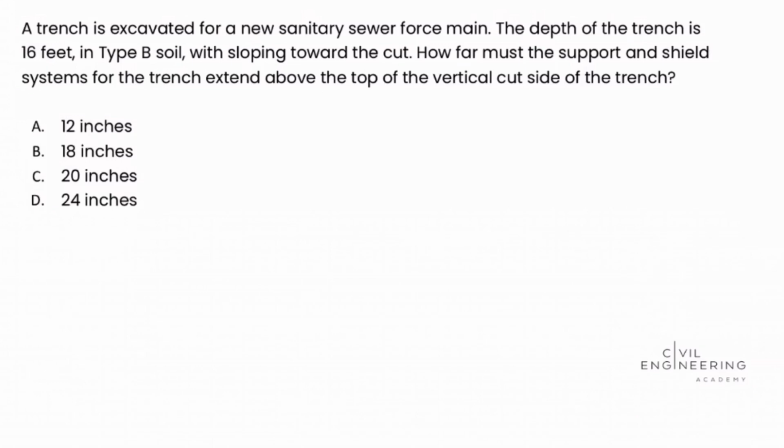This is Matt, and today we work a problem from the Civil PE exam construction depth section. So let's dive in. A trench is excavated for a new sanitary sewer force main. The depth of the trench is 16 feet in type B soil with sloping toward the cut. How far must the support and shield systems for the trench extend above the top of the vertical cut side